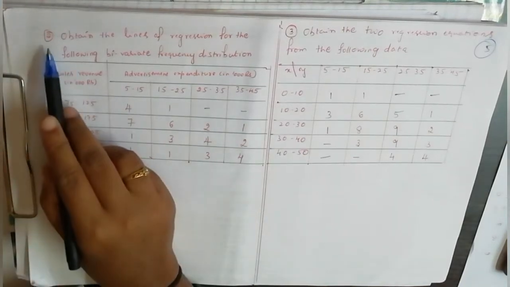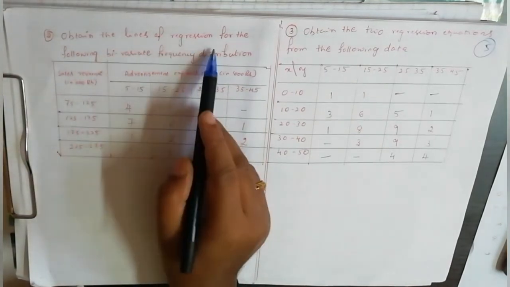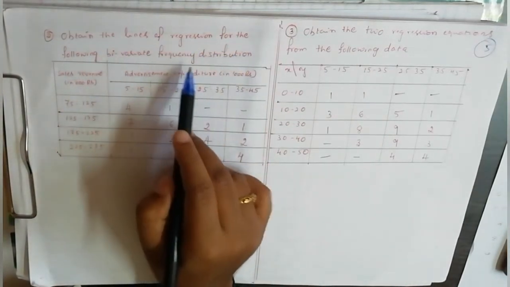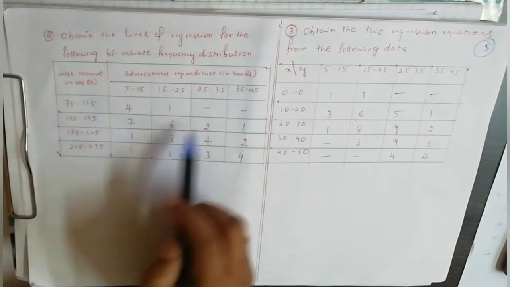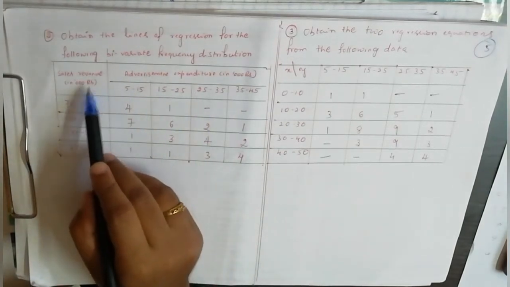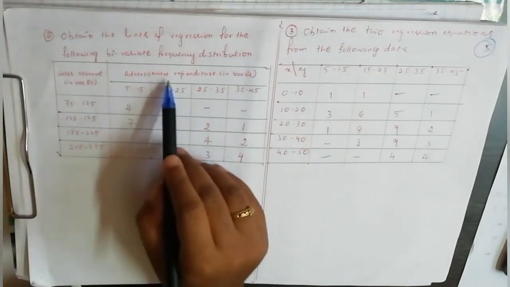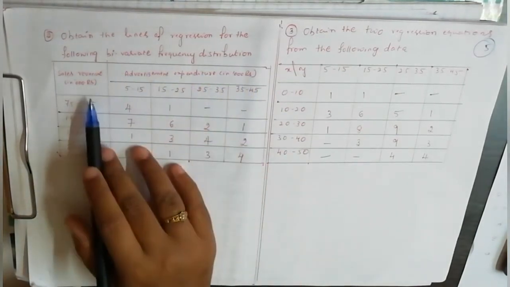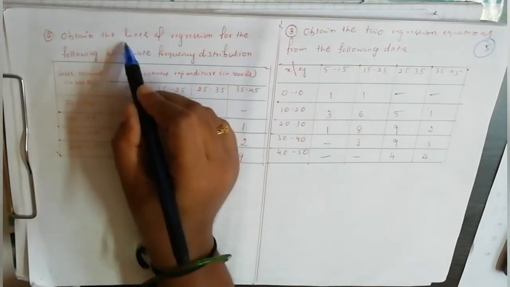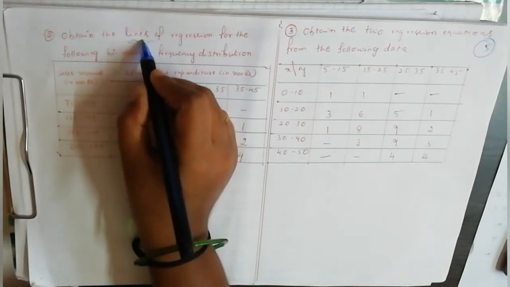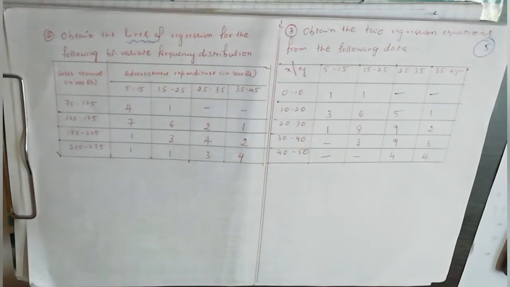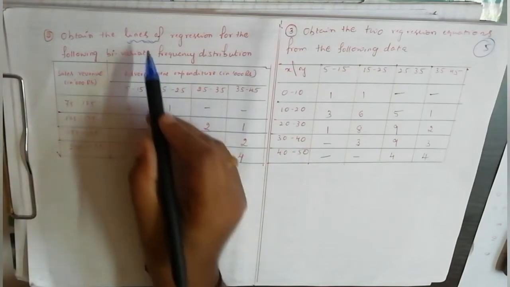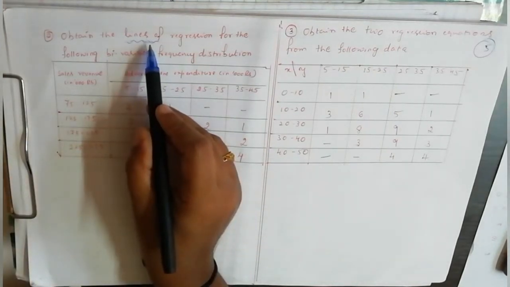So the second question is: obtain the lines of regression for the following bivariate frequency distribution. The data relates to sales revenue in 1000 rupees and advertisement expenditure in 1000 rupees, which is group data. So here we have to find the lines of regression. As I said in the class, the regression lines and the regression equations are both the same. So regression lines means here again we need to find the two regression equations, that is x on y and